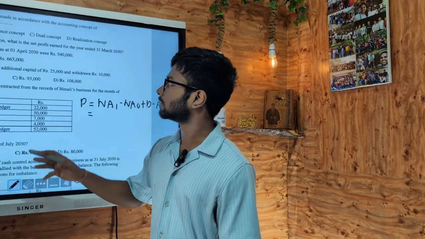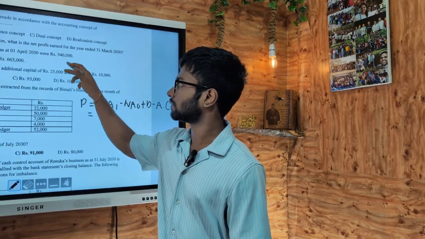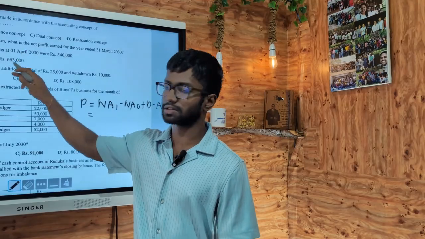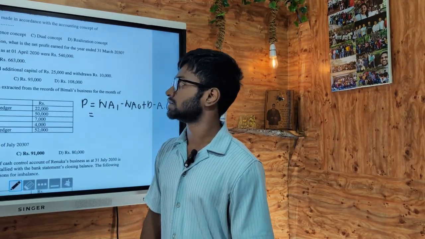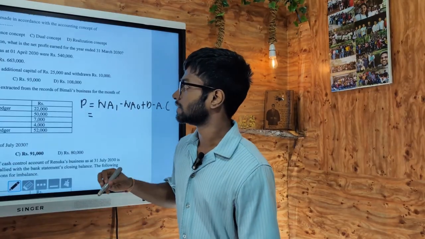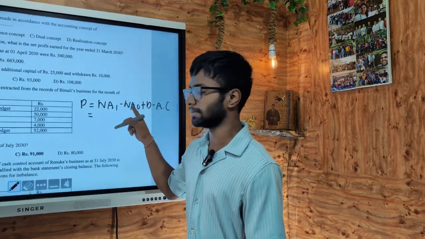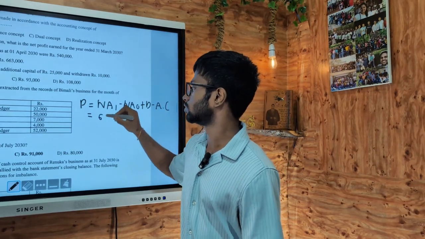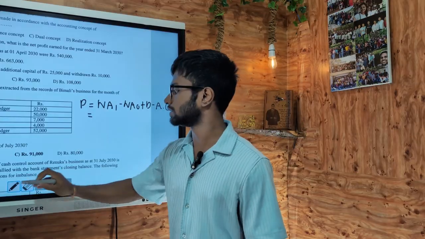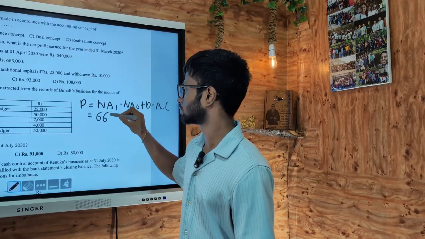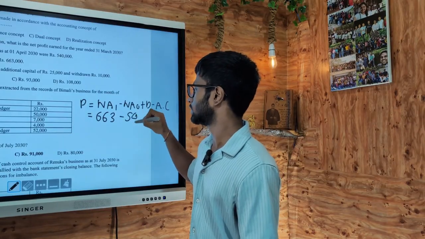So here opening net assets we have been given, which is 540, and closing net assets are 663,000. Net assets we call equity as well. So this is closing equity minus opening equity. Closing equity is 663, opening equity is 540,